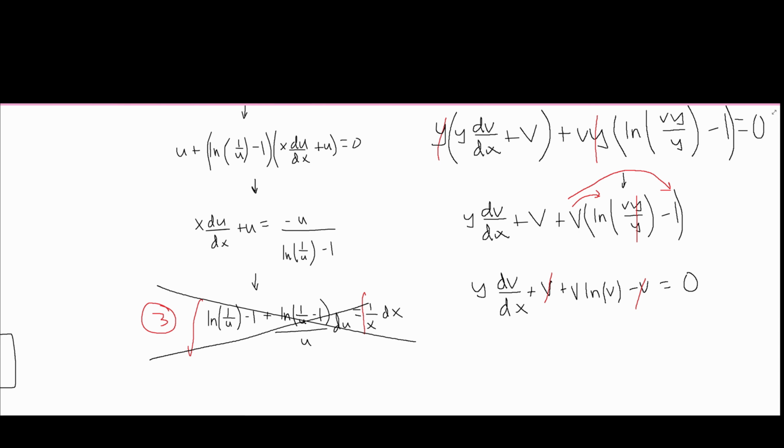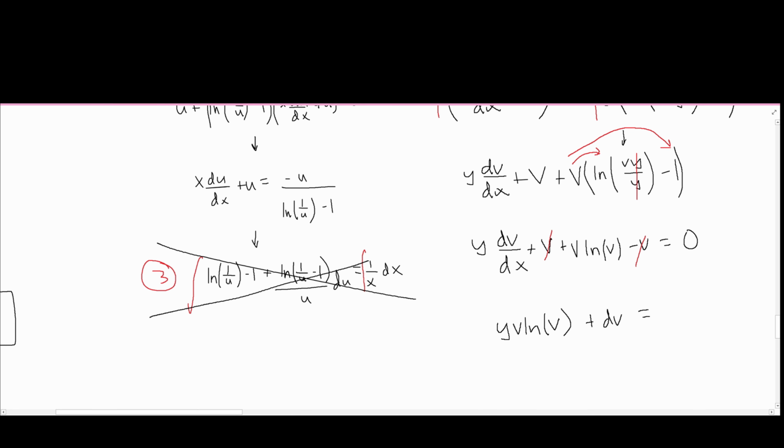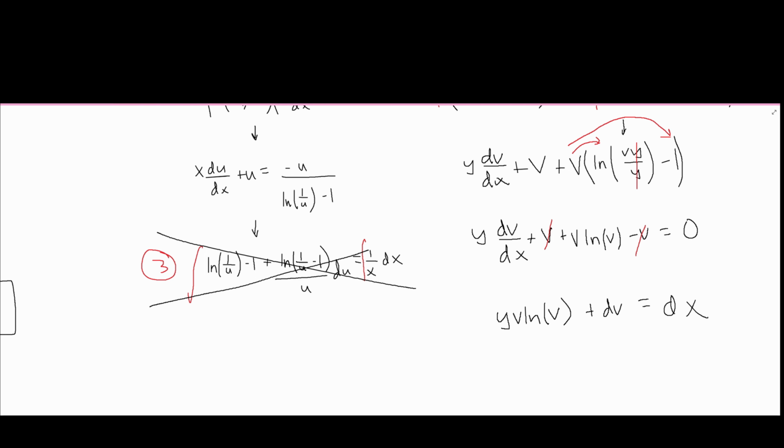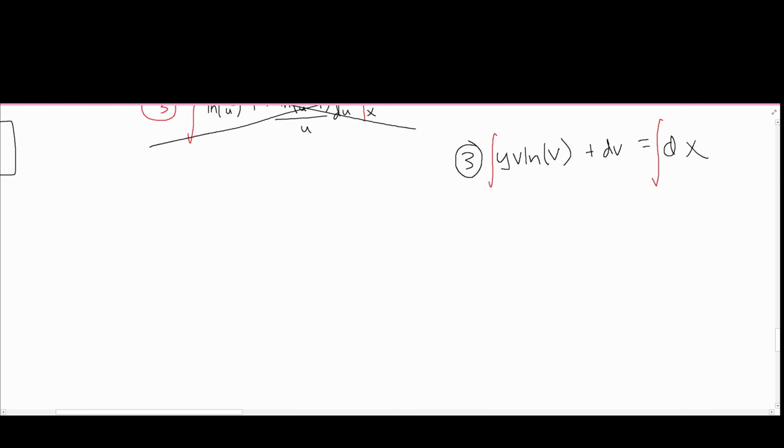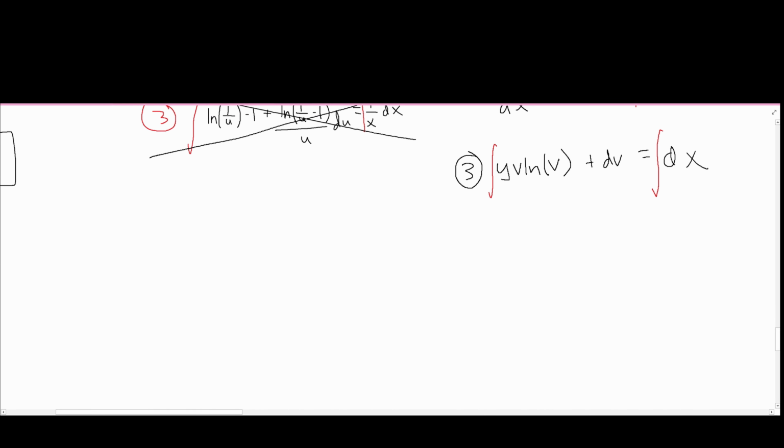And now we can rewrite this one last time as y (v ln v plus dv) is equal to dx. Now we can move on to step 3, and this step 3 we can actually do. That's where we integrate both sides. So on the left side, y is a constant, and we're going to have to use this